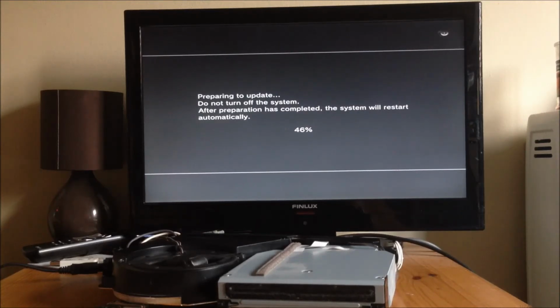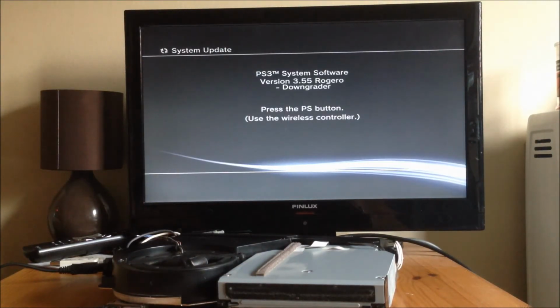Another reason for it is the PlayStation gets backed up with updates after it's had so many updates, and it gets a little bit confused when it's trying to pull it from the hard drive, in which case it won't let you open packages, and when you run Toggle QA it will stay black screen. Best thing to do for this is to go into recovery menu and rebuild the database, then go to the XMB settings and quick format the hard drive, and then go back into recovery menu and restore the default settings. You have to do it in that order, and you have to do all three, and once you've done those, it'll